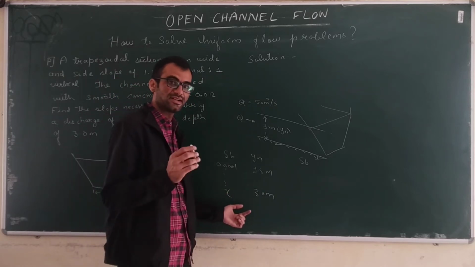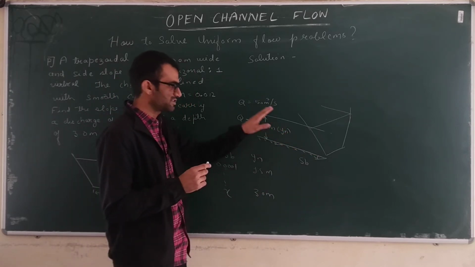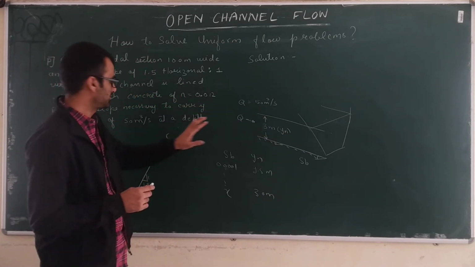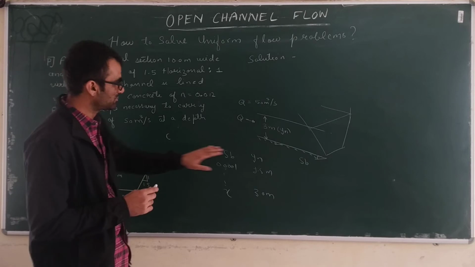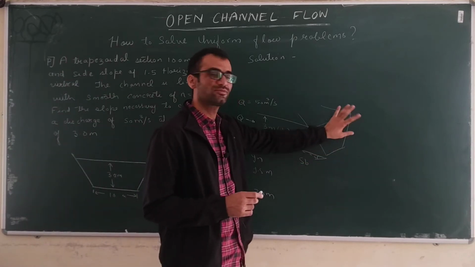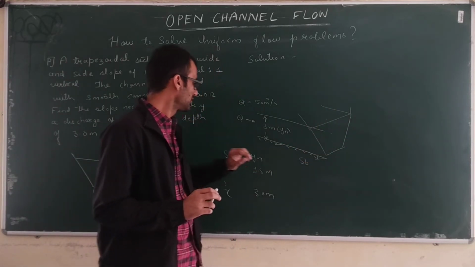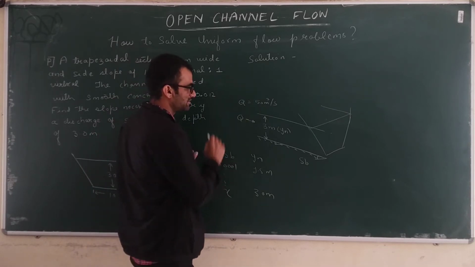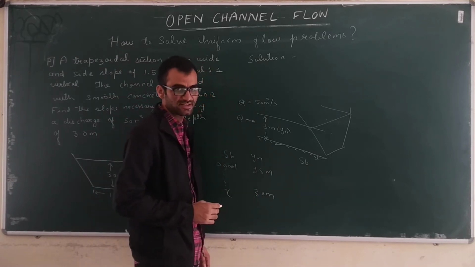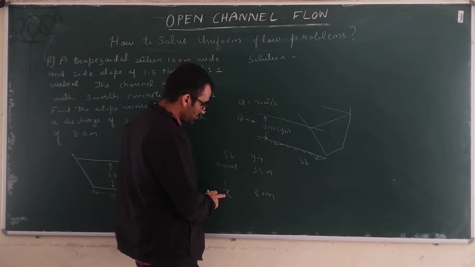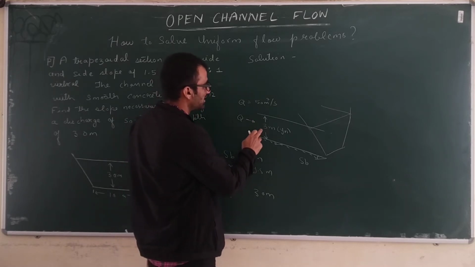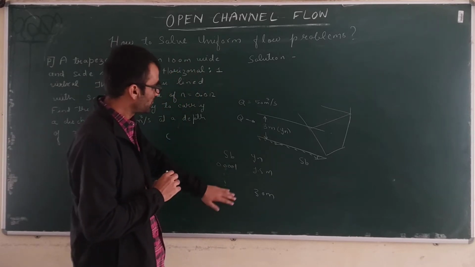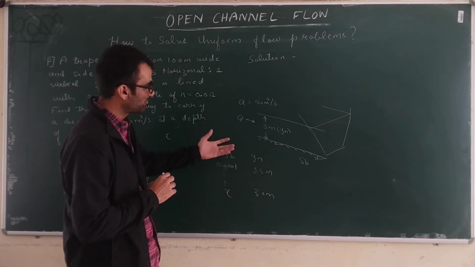There will be definitely one value of slope, because the rest of the things are constant. The Manning's constant is also fixed, the cross sectional base width is also fixed, side slope is also fixed, geometry is also fixed. So if you go on changing the slope and your discharge is also fixed, your normal depth will change. So there will be one particular slope for which you will get 3 meters depth of water, normal depth. So we want to find that slope, and how to find that we'll see.